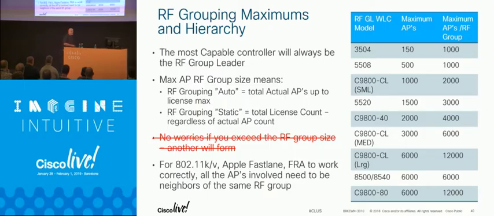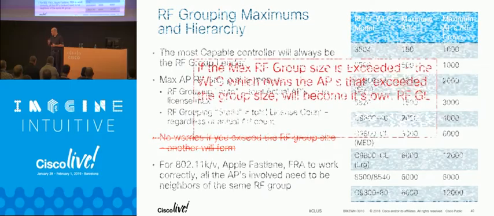We used to say, like I said, it didn't matter. If you exceed the RF group size, RRM will just split into another group. It'll take a capable controller, and it will make it the new group leader because it has no more room in the other group. That used to not matter. People used to worry, what if this side of the room is in one RF group and this side of the room is in the other RF group? Theoretically, it's possible. Never saw it happen in the wild. Looked at it for a lot of years. Didn't matter.